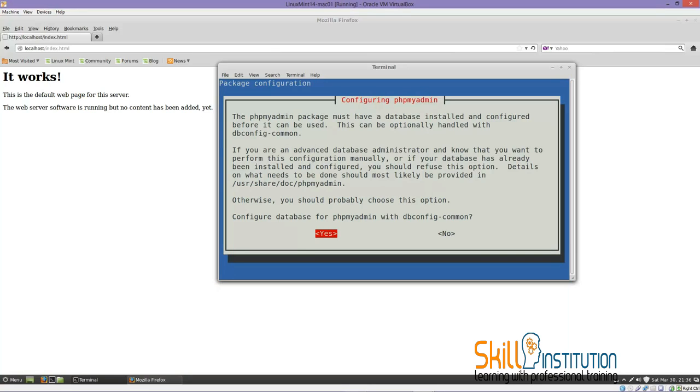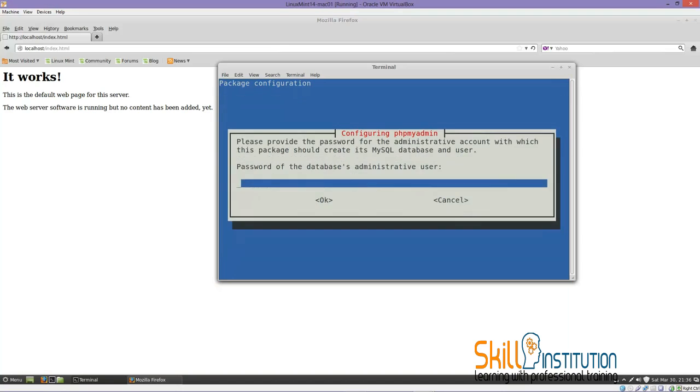I want you to choose yes, because we're going to allow this to configure our MySQL database. So select yes and just hit the enter key on your keyboard, and it now asks you to provide a password for